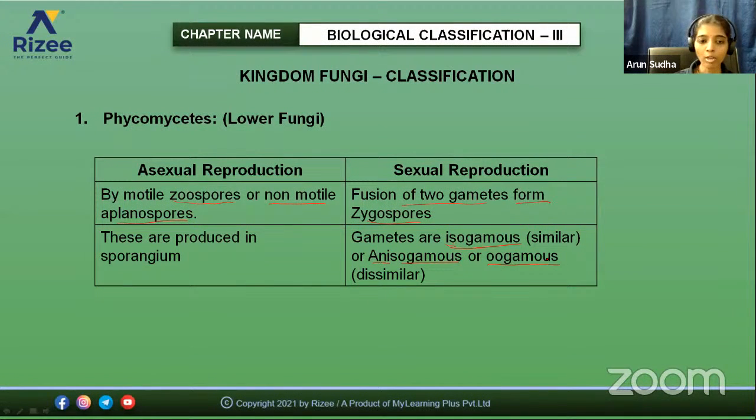So you put a column with what type of fungi it is, and about the asexual reproduction, and about the sexual reproduction, what form of sexual reproduction is happening, and then about the mycelium, whether it is aseptate or septate, and branched or coenocytic, and what are the examples. And you write for all four types of fungi so that it will be easy. So this is about Phycomycetes. Common bread mold is the main example of Phycomycete.